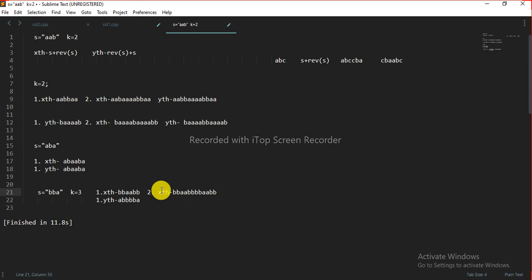Okay, if we are performing the y operation to this string, what will be the answer? Double b, double a, double b, and again double b, double a, double b. For this string also, for the x operation, we can see that it is 4 times b, a, and if we reverse this, it will be the same only, then again a, 4 times b and a. And for the y operation also the answer will be the same only.